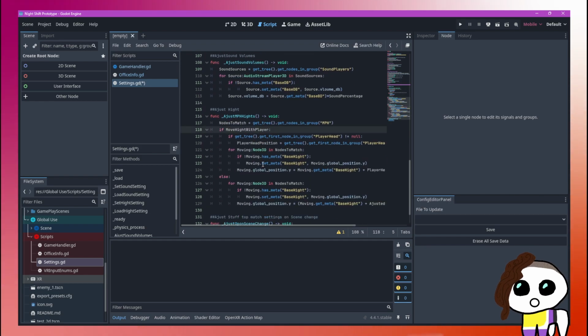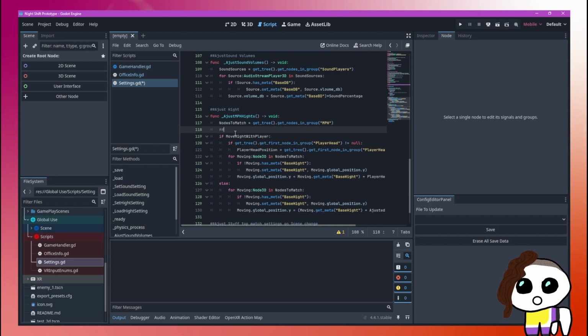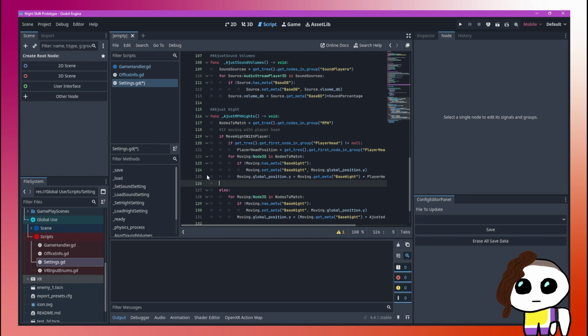Just height up. If moving with player head, get head and offset based on offset base position. If moving with player head, if set height,